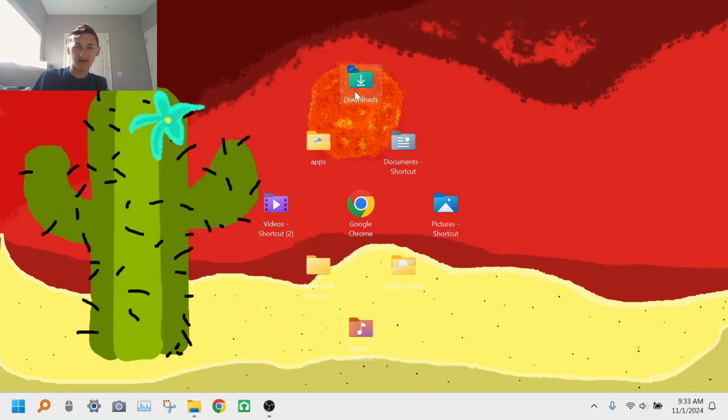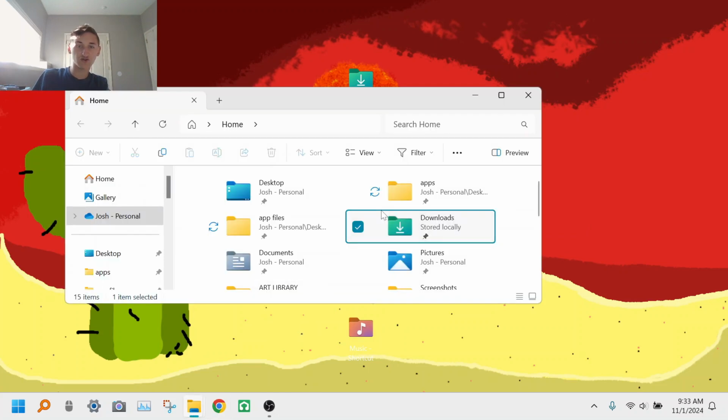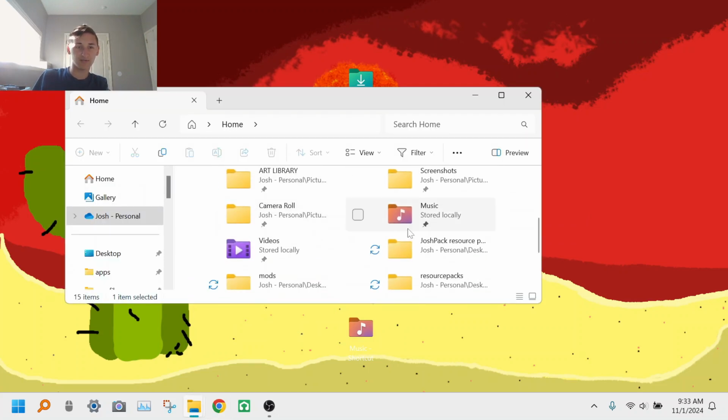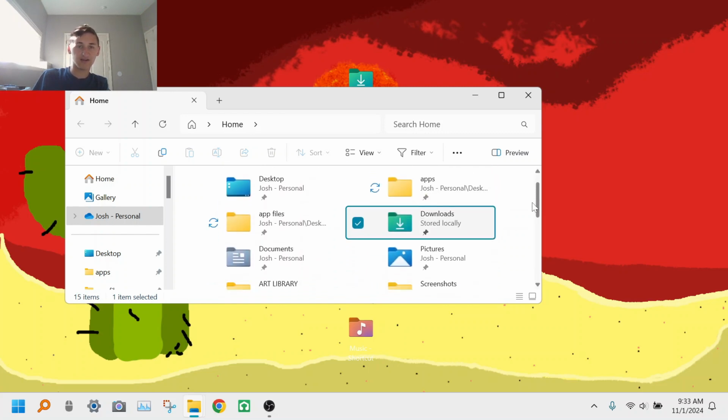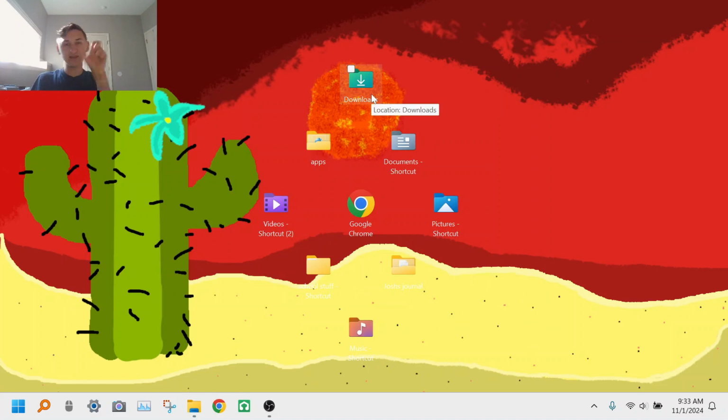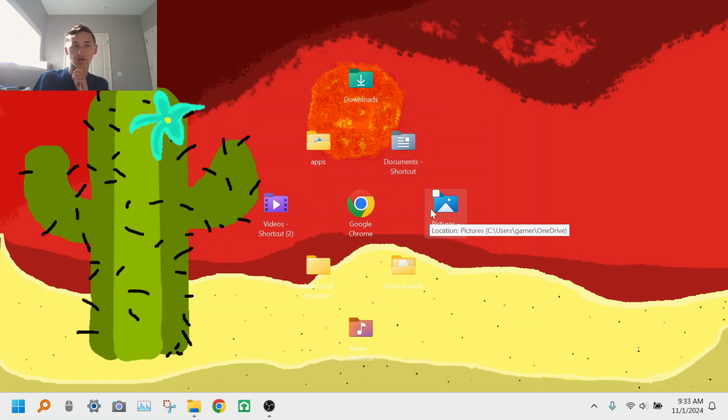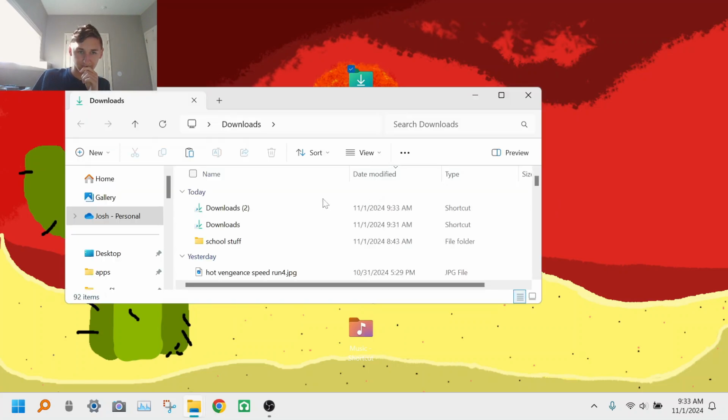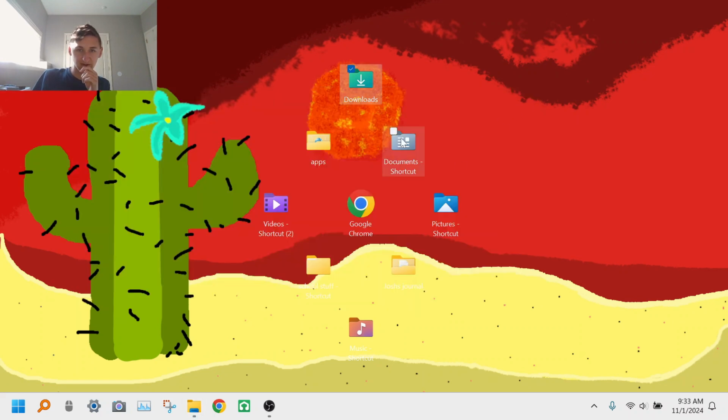Basically, I recommend you create shortcuts for downloads, documents, pictures, music, and videos. All of these should be found once you start up the File Explorer app. They should all be found here on the right side. What these folders will allow you to do in the future is find things really quickly and also organize certain things. So you can organize downloads, which are things you just downloaded, documents,